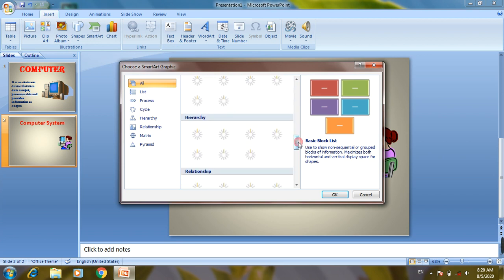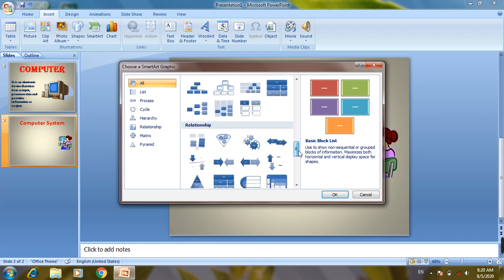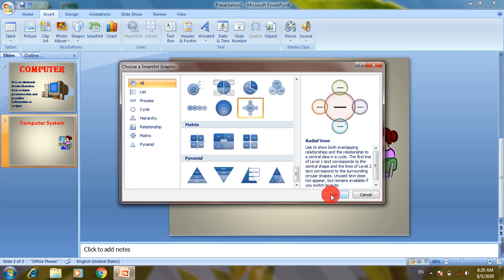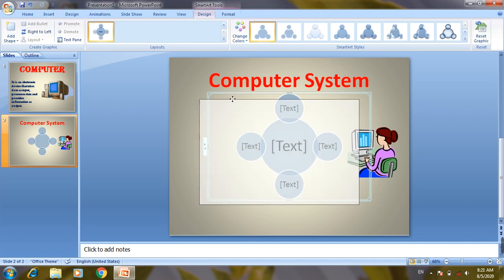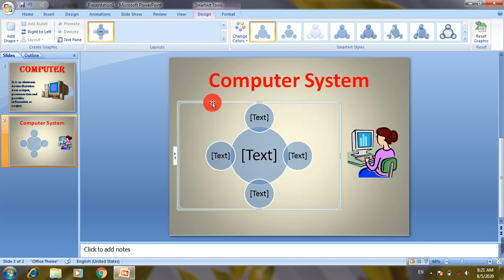So choose any of smart art of your choice. I'm going to select this one. Click on OK button. You can move this and place it at any location as per your choice.